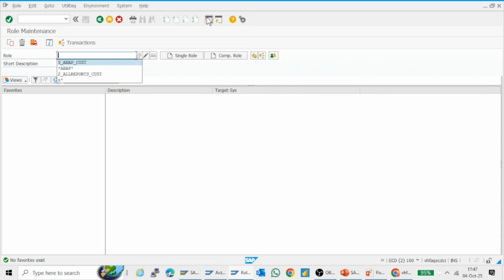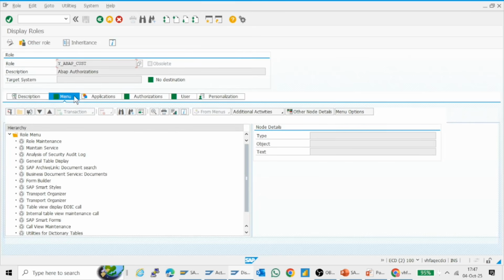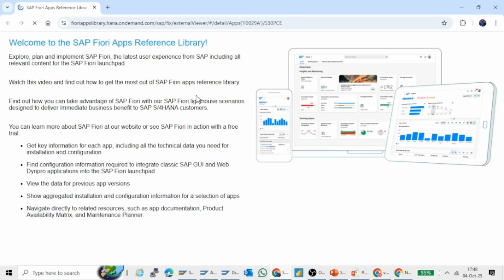The name of my role is Y_BAP_CUST. So I select this one and then press enter, and I have to click on the view button. Then it shows all the authorizations under this role. For adding the technical catalog and the business catalog, I have to go to the menu option,